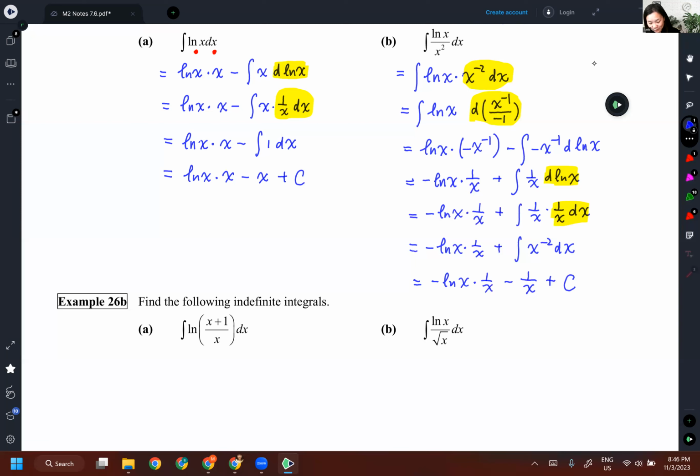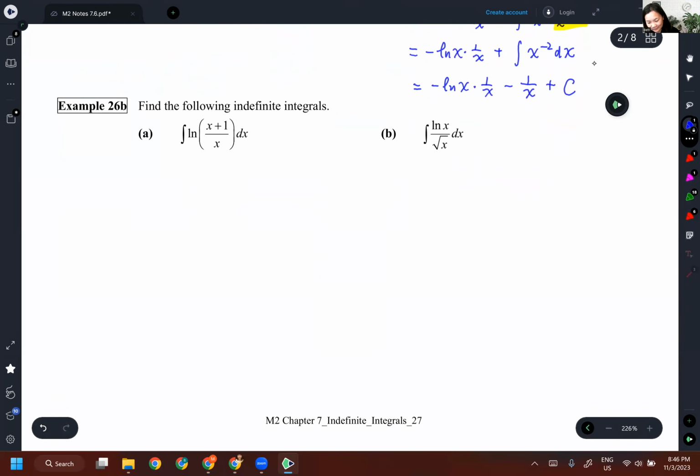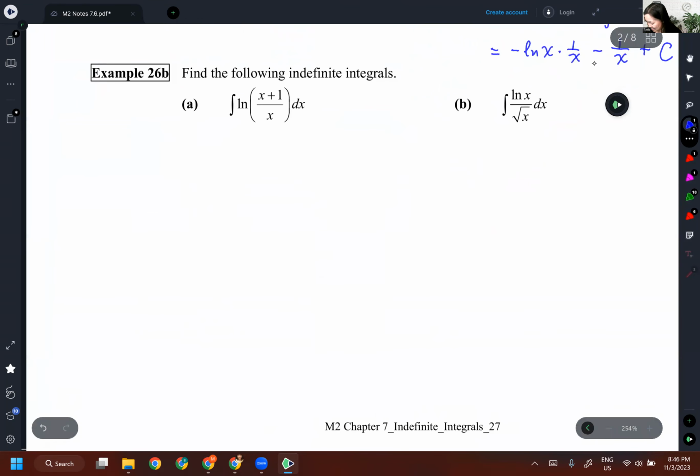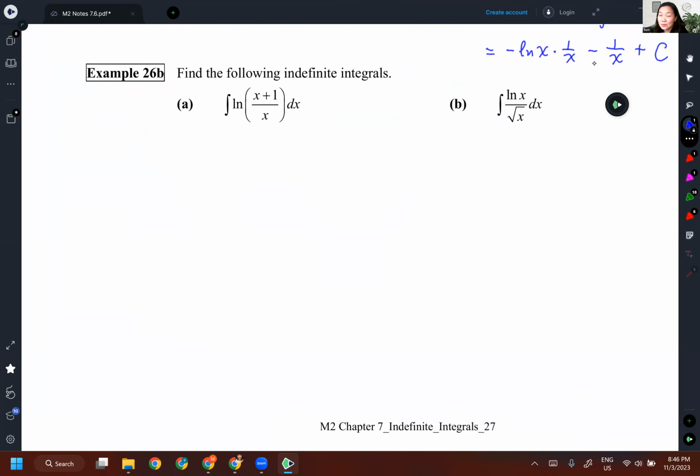Okay, no question, then I move on. Example B. This one is also a log itself, a single log, although inside is a little bit more complicated, but still. Look here. This is our u, this is our v. In this solution, I will do log